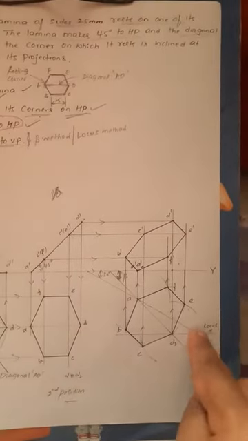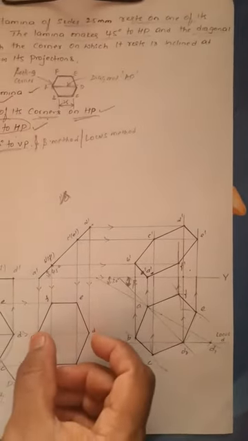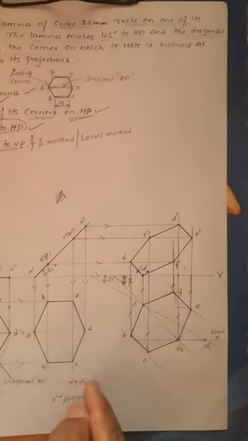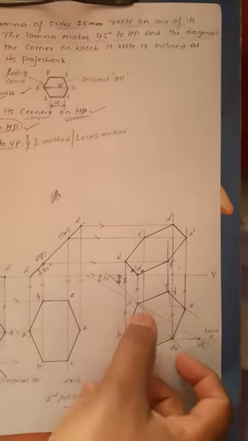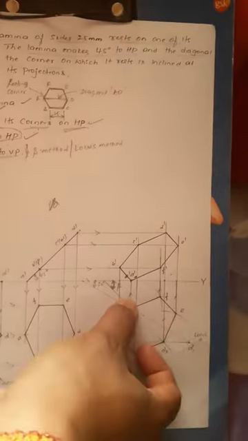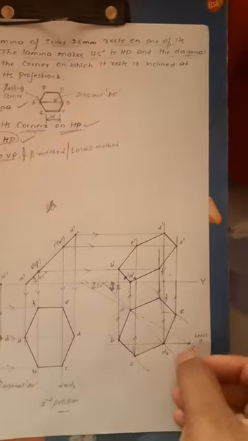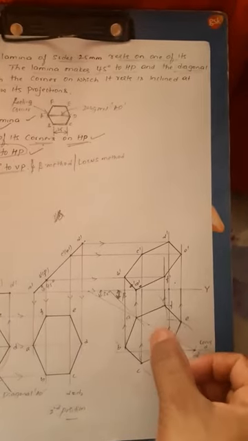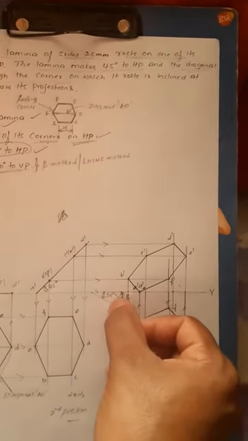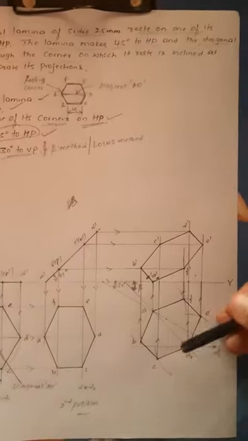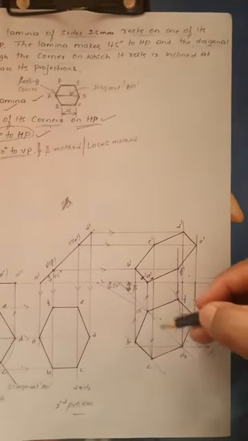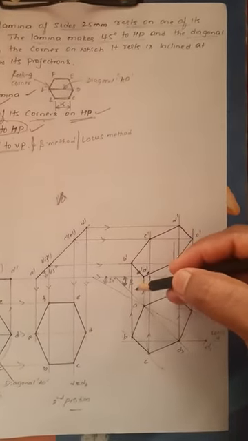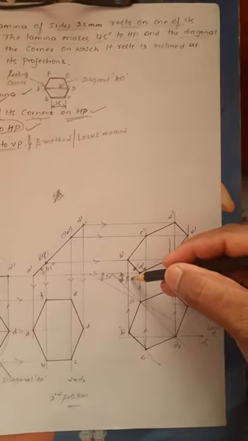Then in the second position top view, take AD, that is D2. AD2 is the radius, A is the center, and draw an arc that touches the locus of D, and you get D2. Then join D to A and project it towards the XY line. That gives the angle beta.